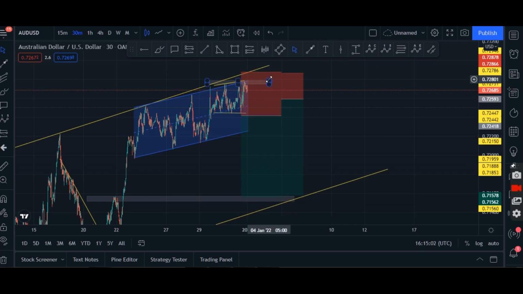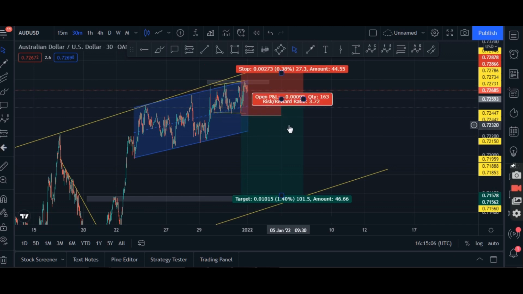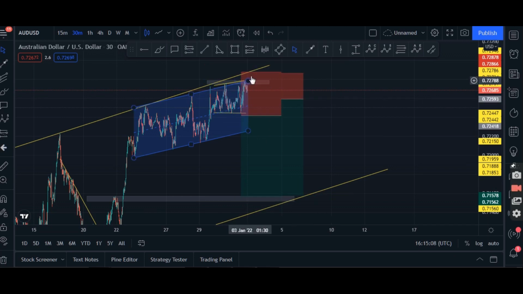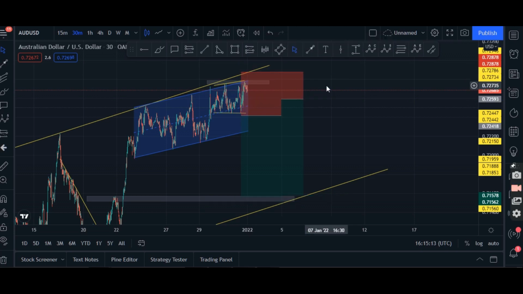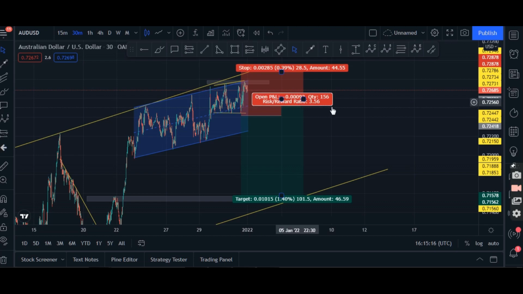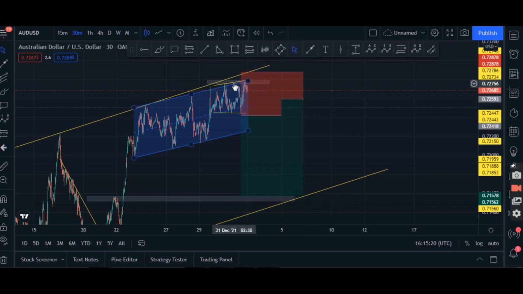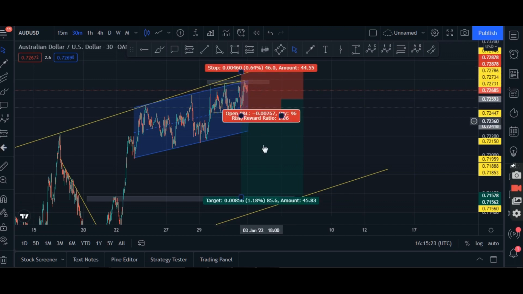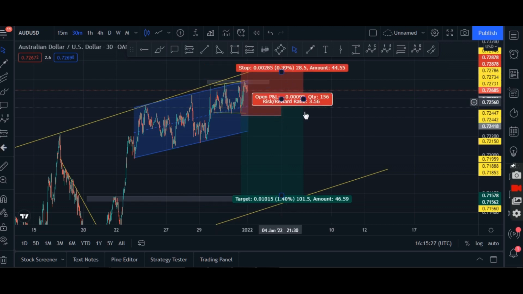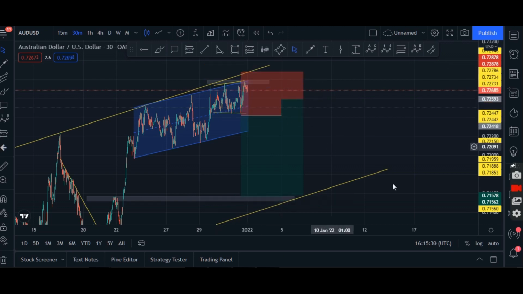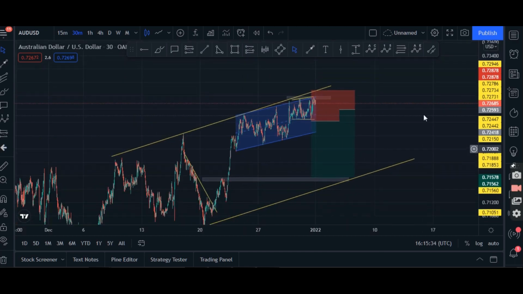So from this entry, we'd be looking at risking about 50 pips, guys, for 85, and then over here, and then I put the stop losses, guys, right above the resistance, just a few pips above where the resistance is, so that if there's a possibility for the market to come up again, at least it has enough room to breathe until it activates my trades, right? Knowing that it has room to breathe every time it comes back, right, guys? And then from there, it would just be managing the trade, guys.